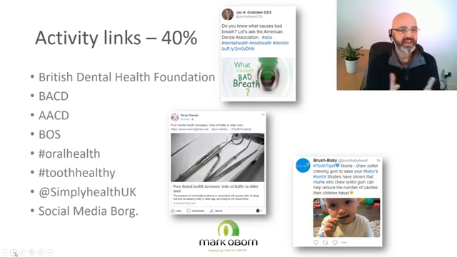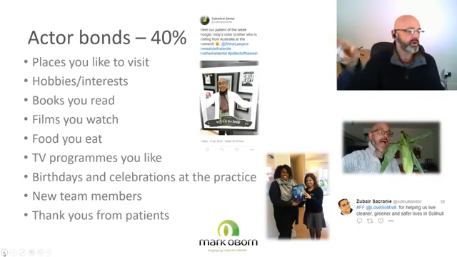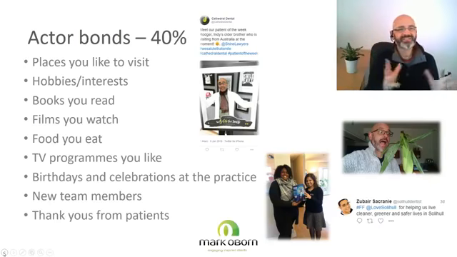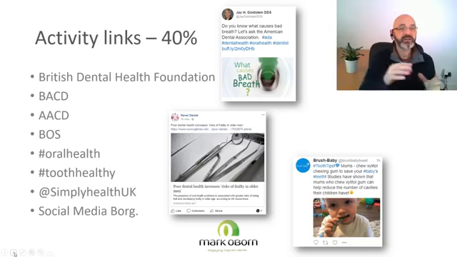The next stage is activity links. Sorry, I'll just quickly go back. You'll see at the top there where it says Act-a-Bonds 40%. That's the percentage of posts that I think you should be using around these particular areas. So 40% of your posts should be on Act-a-Bonds, in my opinion. And it's the same with activity links, 40% of your posts on activity links. And activity links on social media are links